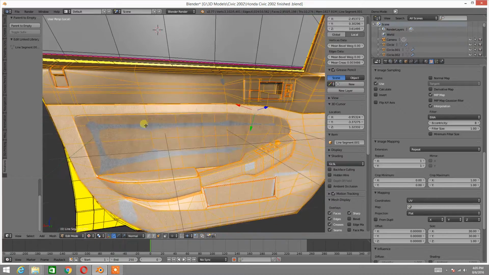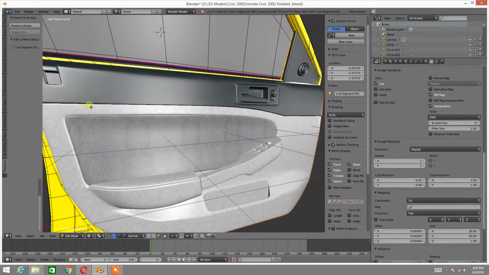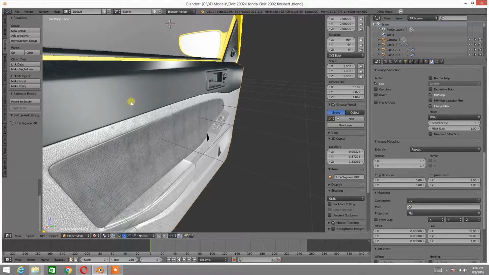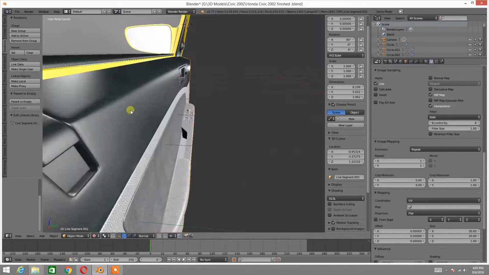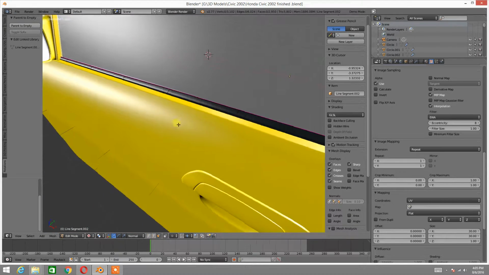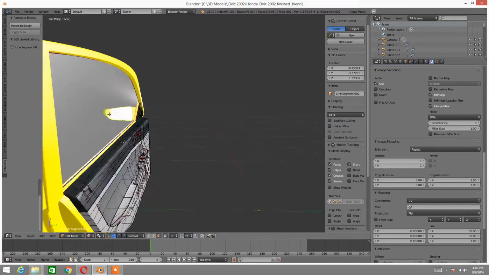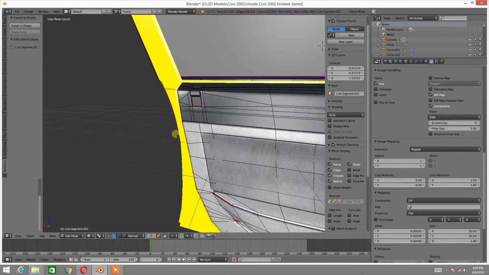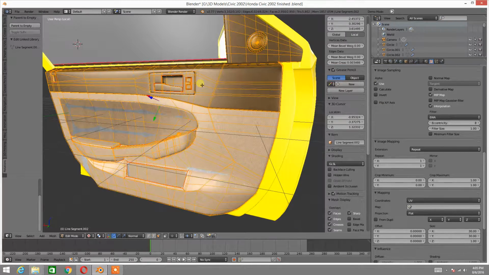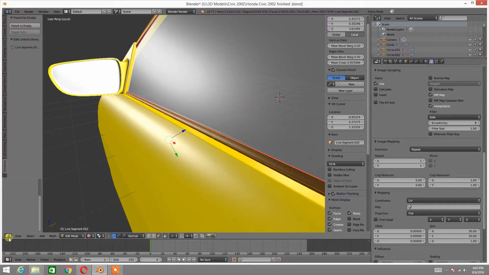And now what we're going to be doing is separating the selection right here. Going into tab, selecting this, and now we're just going to go into tab right here. And now we have that all selected. Go into all right here. And now what I want to try to do is go into